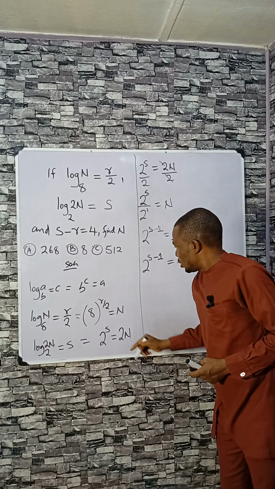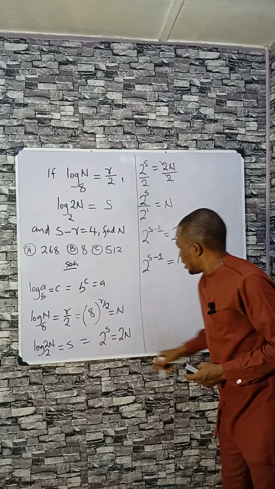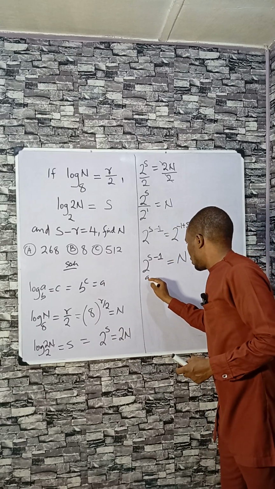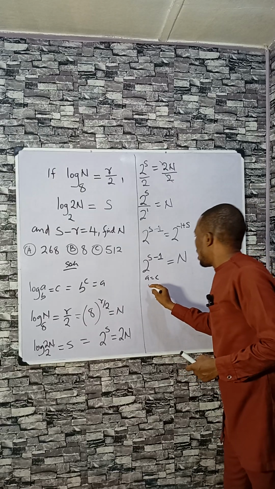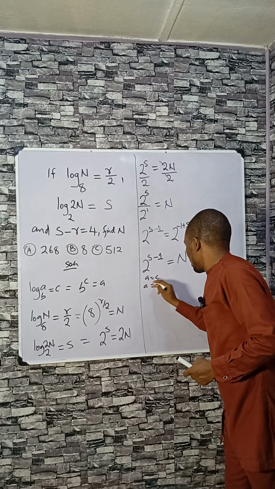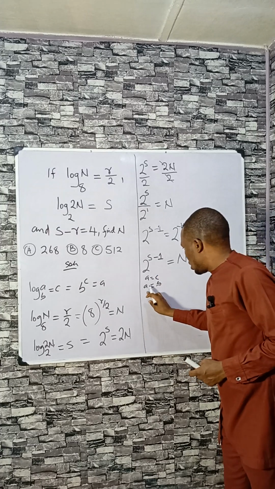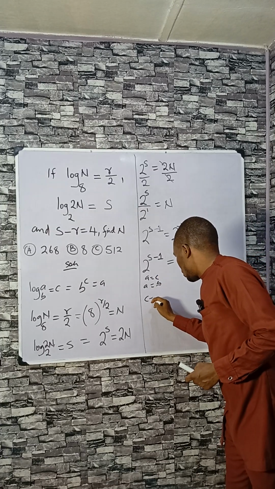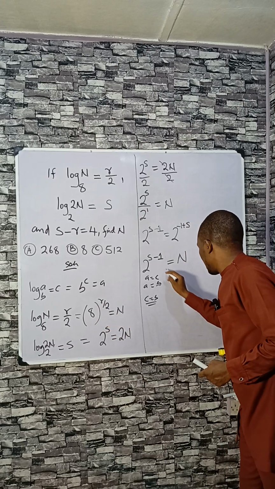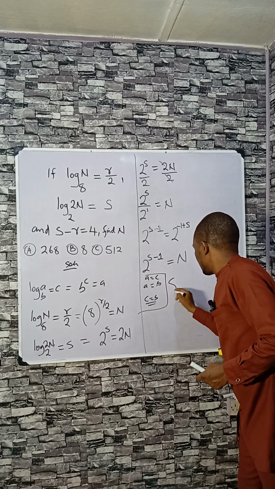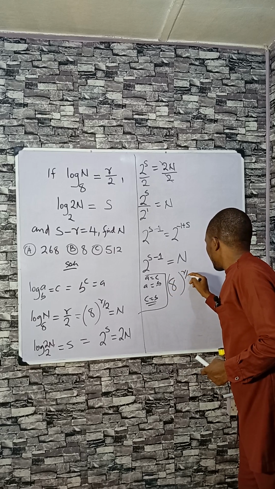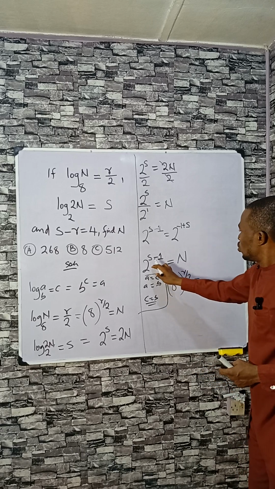But if n here equals this and the same n equals this, that means this is equal to this. That means if a equals c and the same a equals b, it means that c equals b. Very simple. That means this, 8 raised to r divided by 2, is equal to this